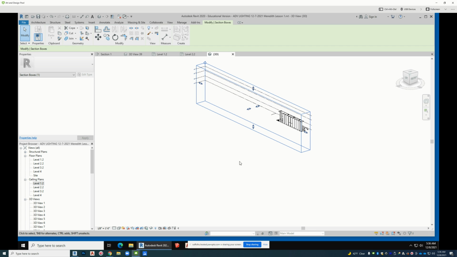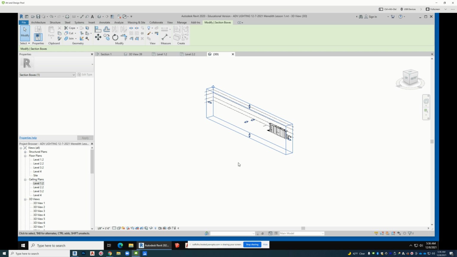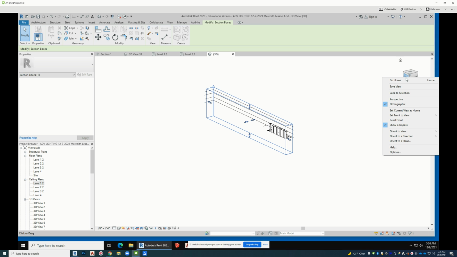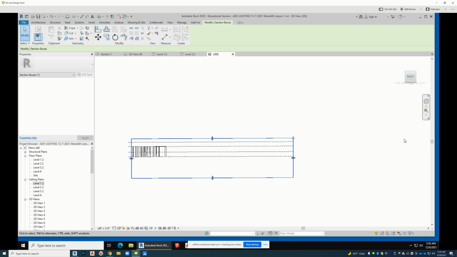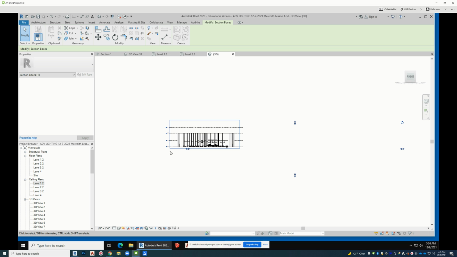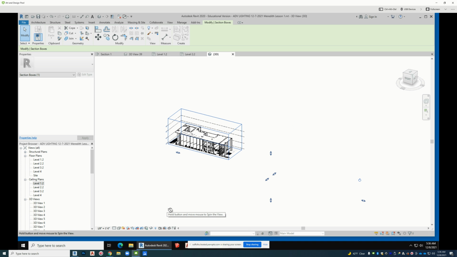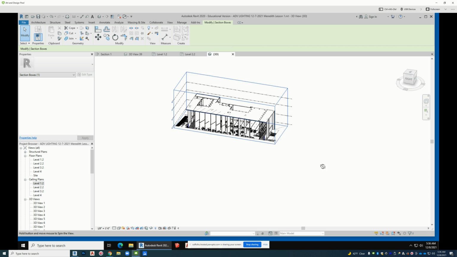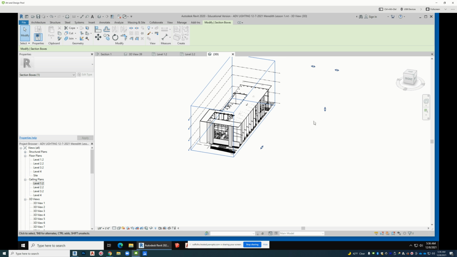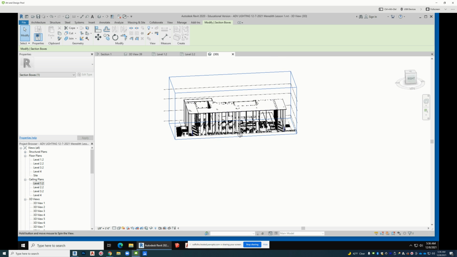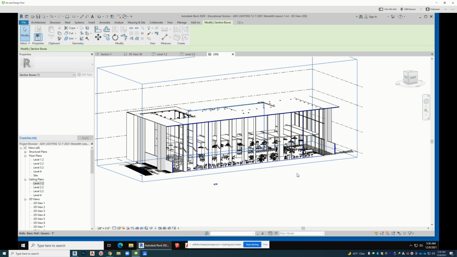You can also take, and this is the subject of, I wish we could do it in our classes, but you can orient the section box to a section view. So if I cut section 1 the long ways, I can take that and orient the view to section 1. This is what this creates, right? That's the beauty of leveraging a 3D model. We can modify this as well, but that basically creates a section,